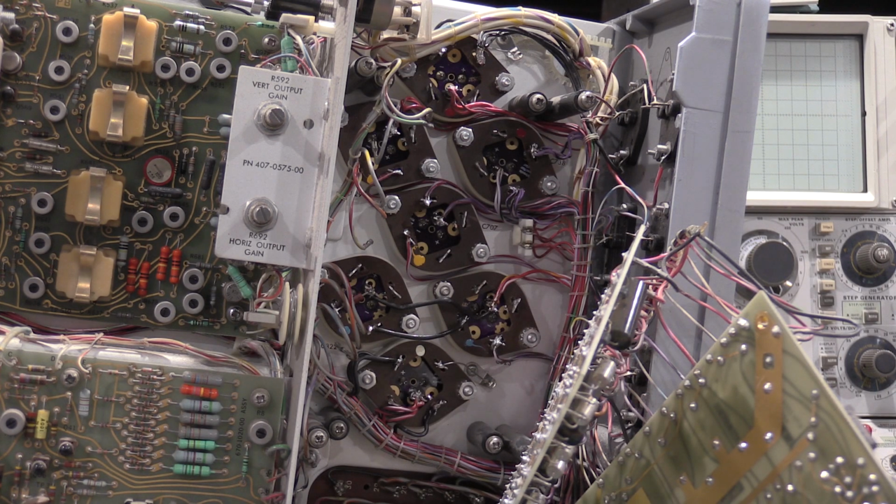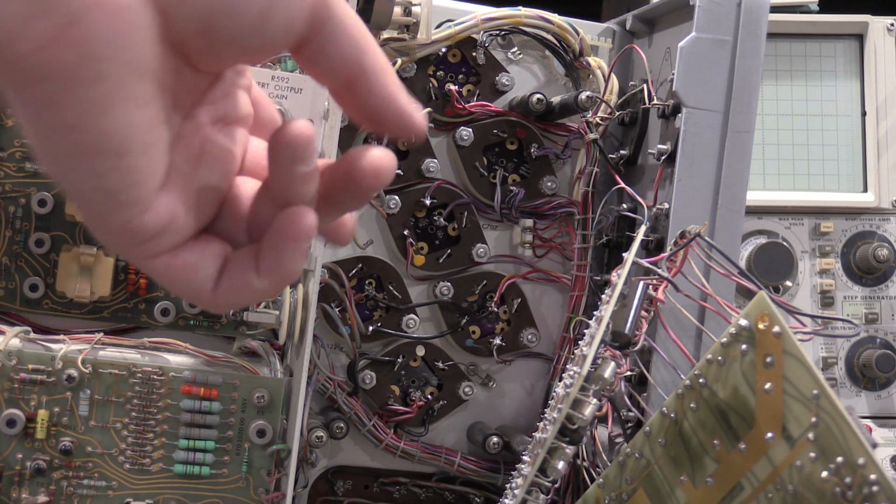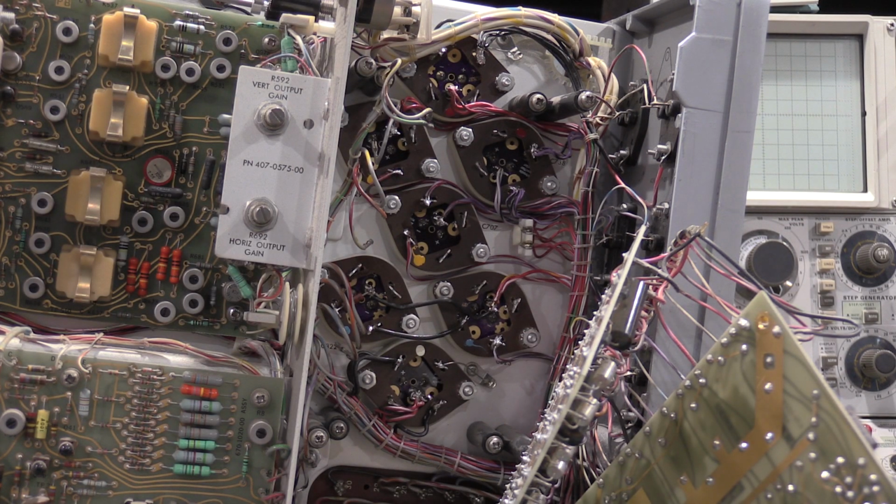But that's where we're at. About 2 days worth of work. So still about... To do these filters, it's about 8 hours. So it's not a short process, but this should be the last time, at least in my lifetime, this unit